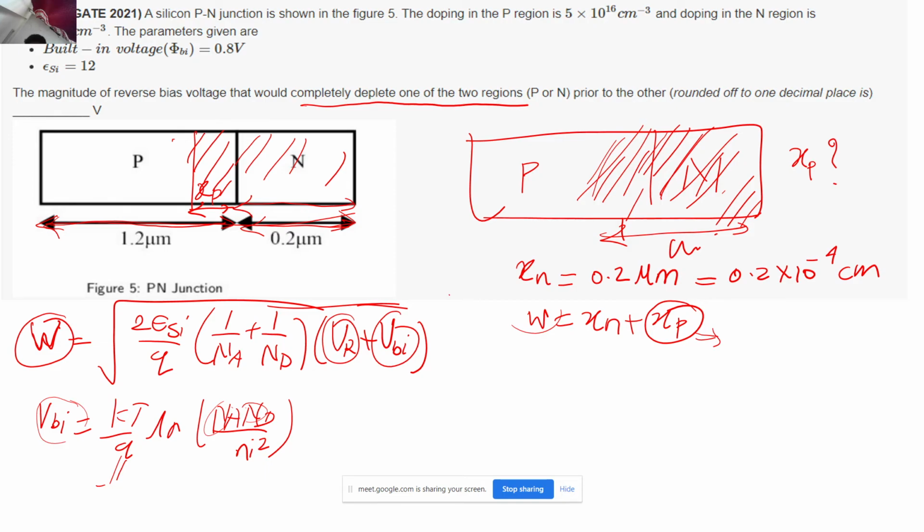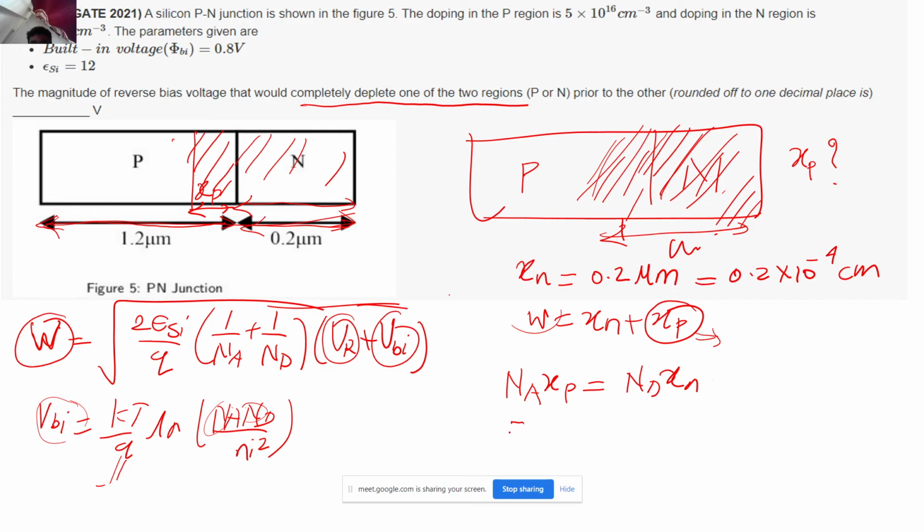See, I got the hint. So, yeah, you're on the right track. What we generally have to do is apply the charge neutrality equation in the depletion region, correct? So the Na times Xp will be nothing but Nd times Xn. Is this clear to everyone? Thanks to that guy who suggested I use that equation.